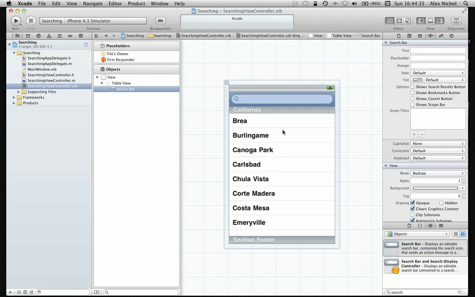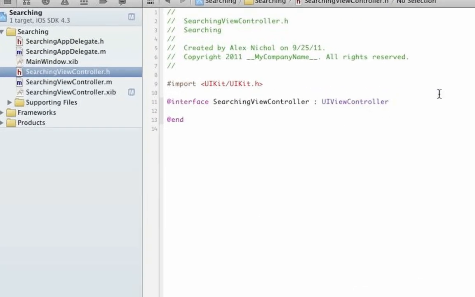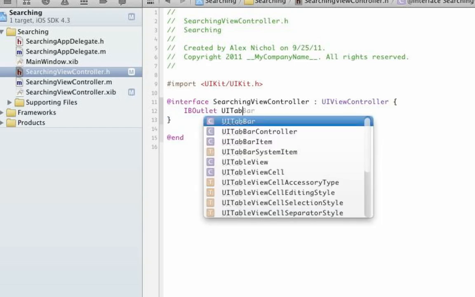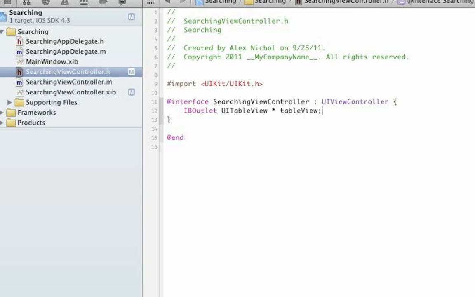Okay, so now we have our interface set up, but we don't have it set up with code. So I'm just going to be creating some of the variables and outlets that we need to use in order to make this interface actually work with our code. So I'll go to searching view controller.h, and I'll use curly braces right here, and I'll declare an IBOutlet UITableView, table view, and IBOutlet UISearchBar, search bar,